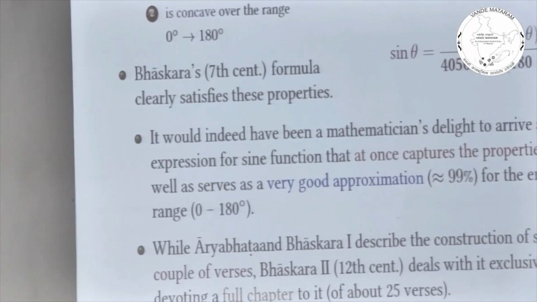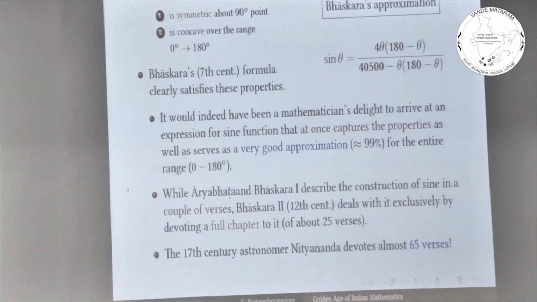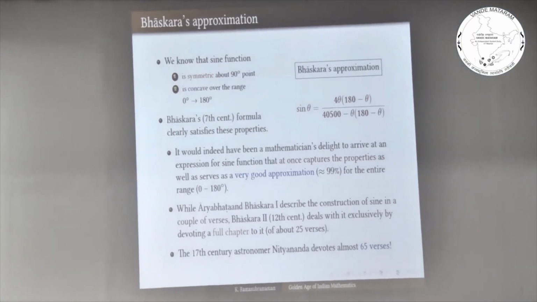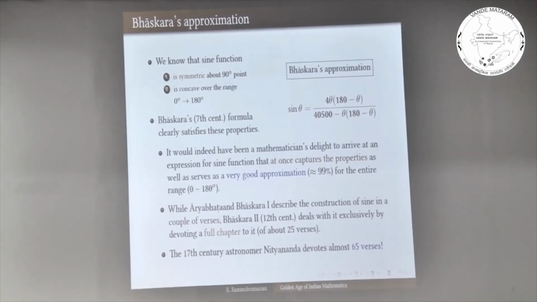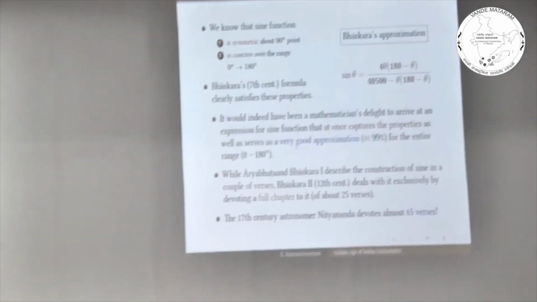Of course, later astronomers present it in a different way, and we also have another interesting rational approximation. These are all remarkable discoveries, let me tell you, for those periods. When the entire world was using only tables, you find Indians giving you an analytic relation by which you will be able to determine the sine function. This is what one means by the peak of mathematics, right? The golden age. In those days, around those periods, these are some remarkable relations.